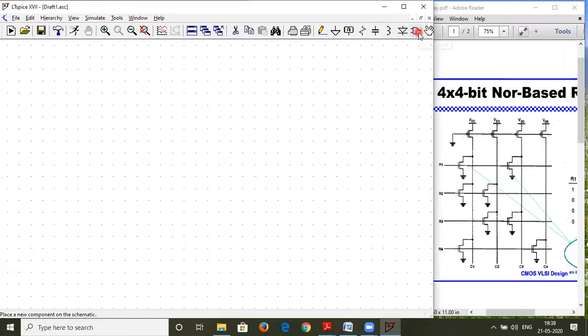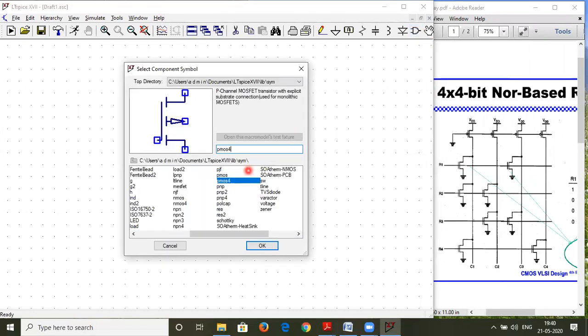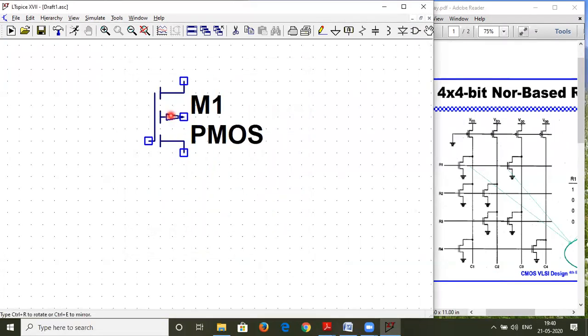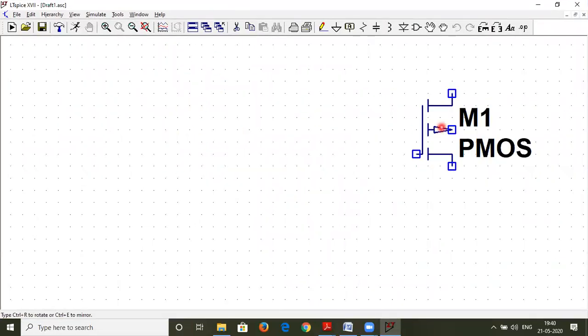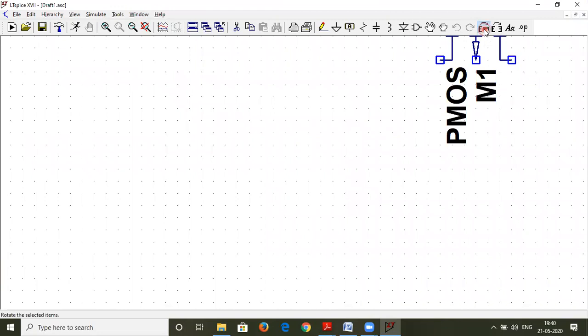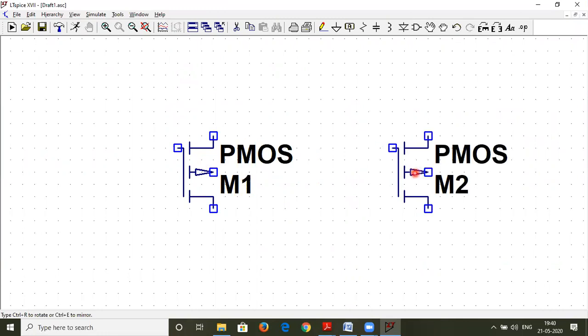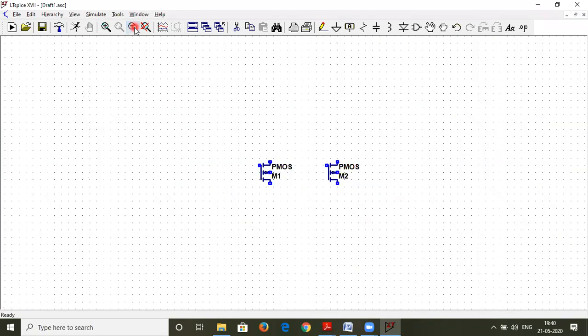Yeah. So I'll go to the library and I'll select PMOS 4. Okay. So PMOS 4, I have placed it in the screen. So basically I have to rotate this because I will inform you what I am doing actually. Let me just maximize for a moment. So that's what I was about to tell you all. Let me just place this onto the screen. Okay, I can copy this like this and again place it onto the screen.